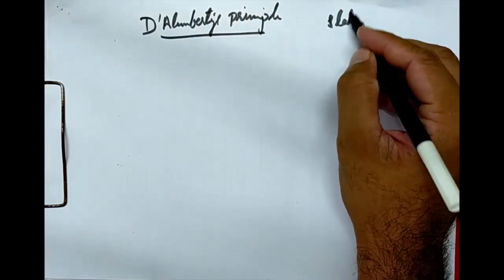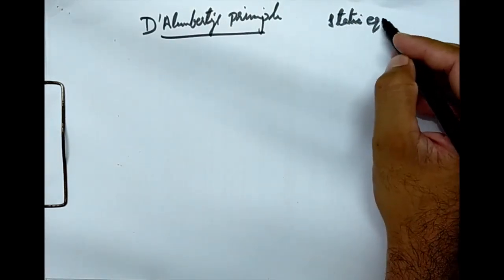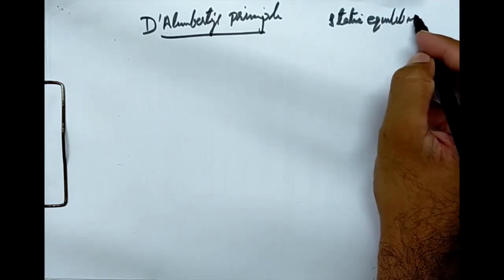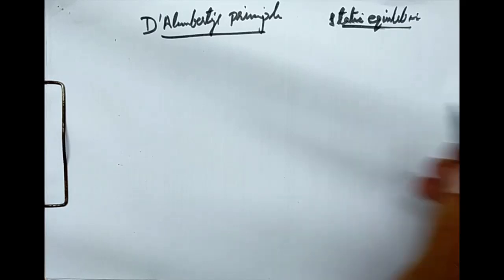Okay, so it talks about a state of equilibrium, either at rest, which is basically our static equilibrium condition, or in motion, which is our dynamic equilibrium condition. So we are very familiar with the static equilibrium part. Okay, static equilibrium. We have the basic equations. We know that if an object is at rest and in static equilibrium, it